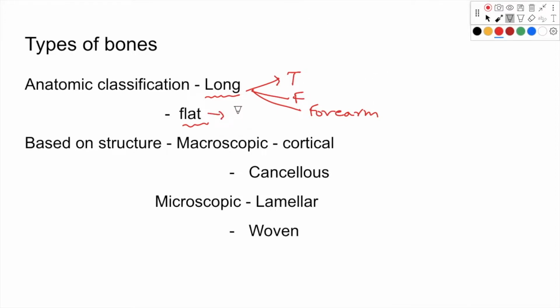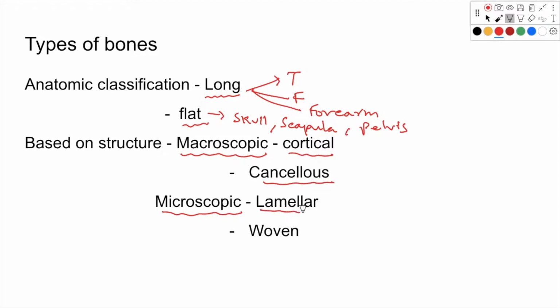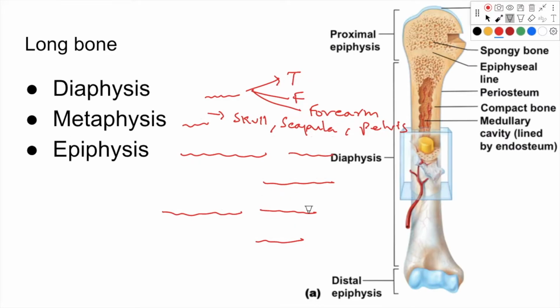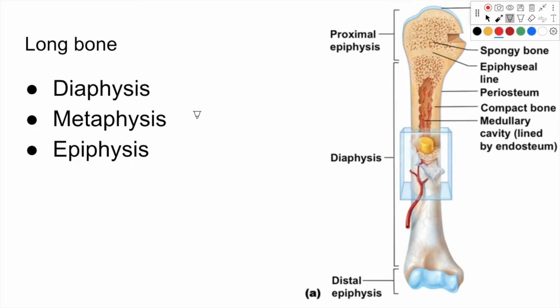Flat bones include bones like the skull, scapula and the pelvis. Based on structure, they are divided into macroscopic classification and microscopic classification. Macroscopic classification includes cortical bone and cancellous bone. Microscopic includes lamellar bone and woven bone, and we will go into a little more detail about these things in the next few slides. So the long bone is further classified into diaphysis, metaphysis